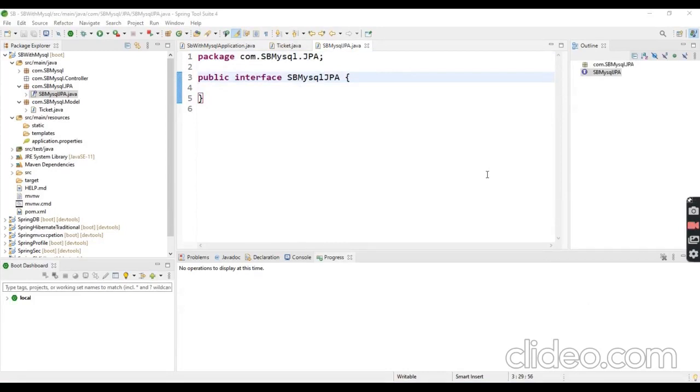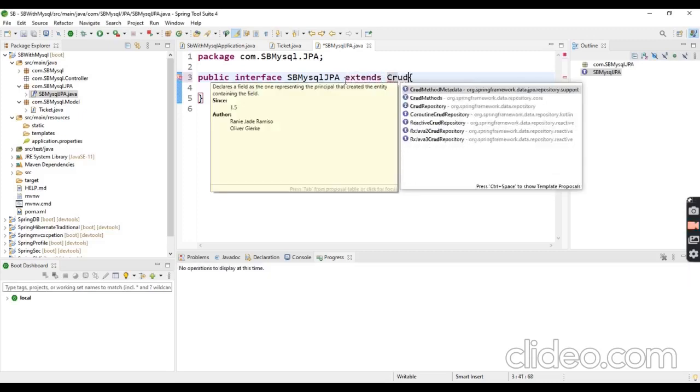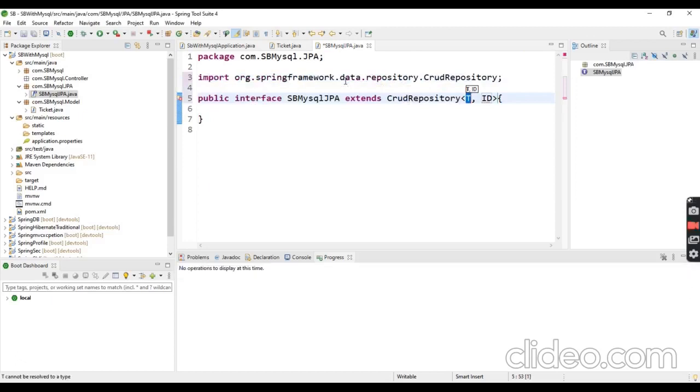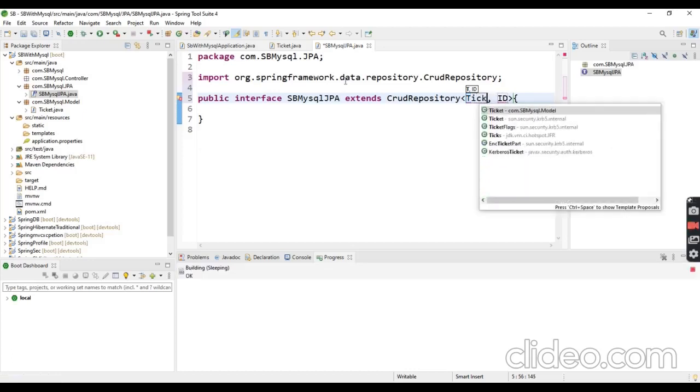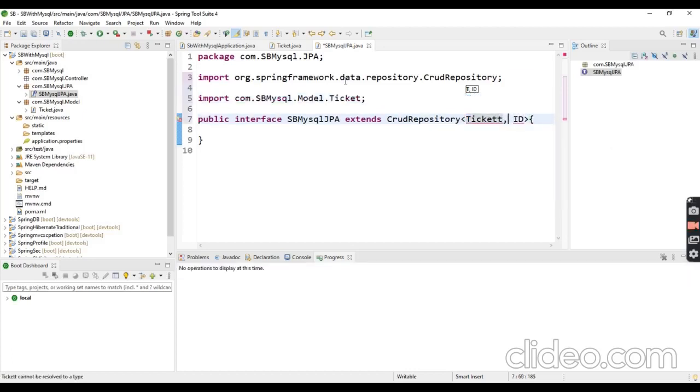So first we are going to extend this interface with CrudRepository, which is provided by Spring Data to easily integrate with any database implementation. Let me extend this JPA repository by using the extends keyword, extends CrudRepository.